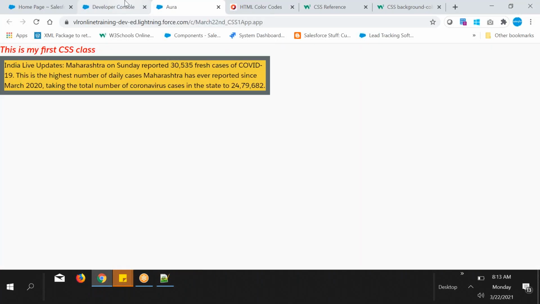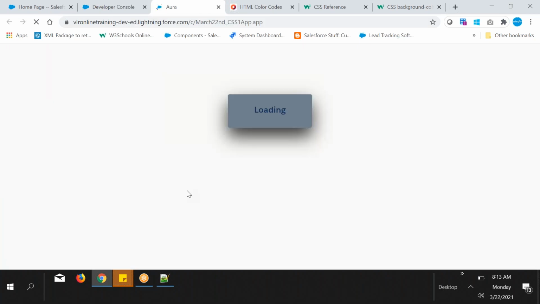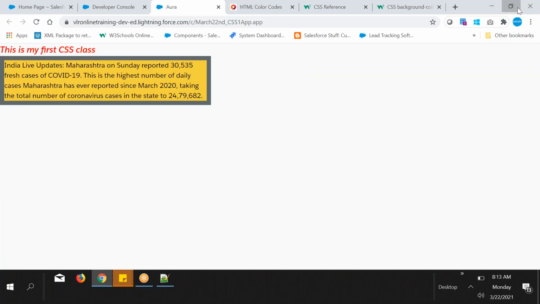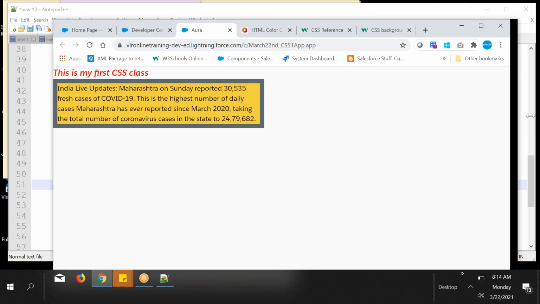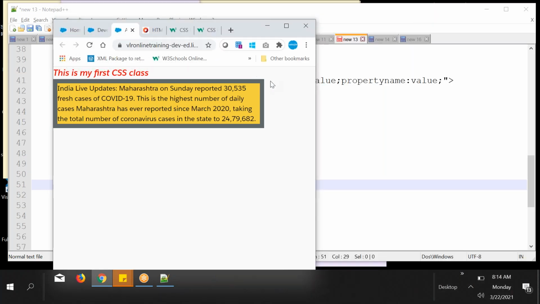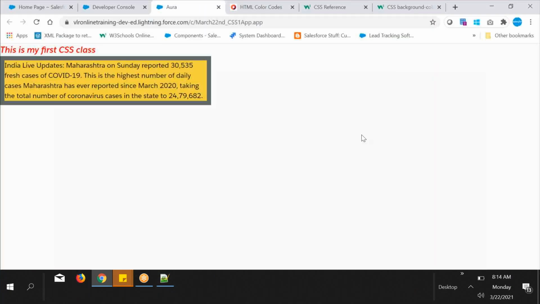So that's called 50%. Suppose you have given pixels, if you give pixels, it is fixed. Percent is dynamic, pixels is fixed, 500. Even if you change, it won't change. See here, even if you increase the screen, it won't change. So it is static and fixed. Okay, that's called pixels.